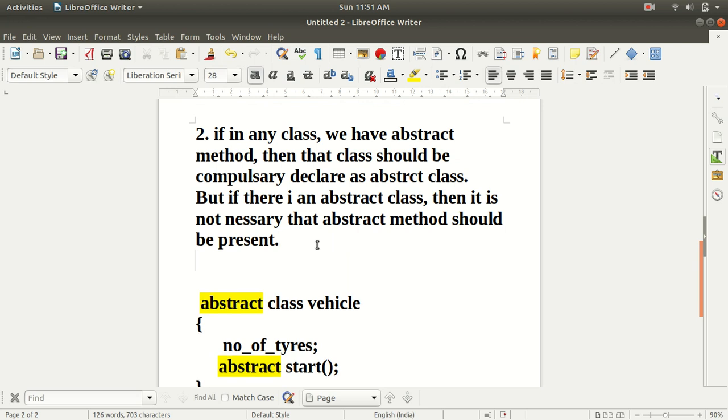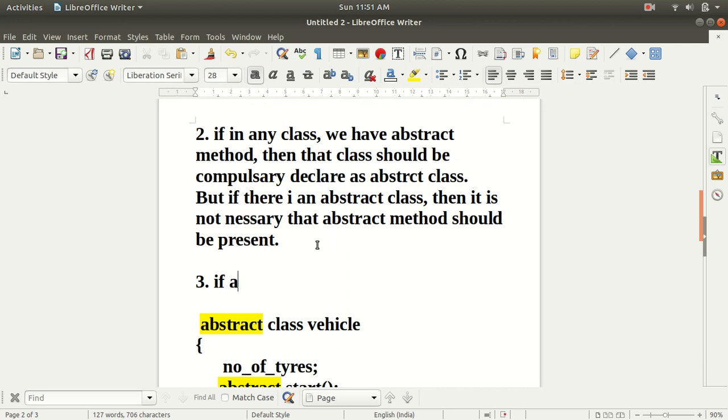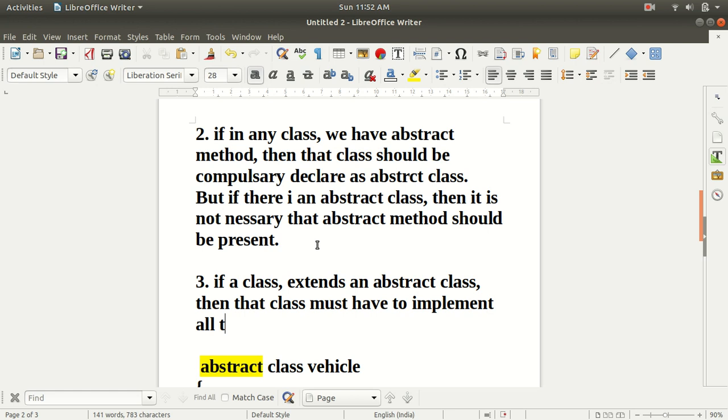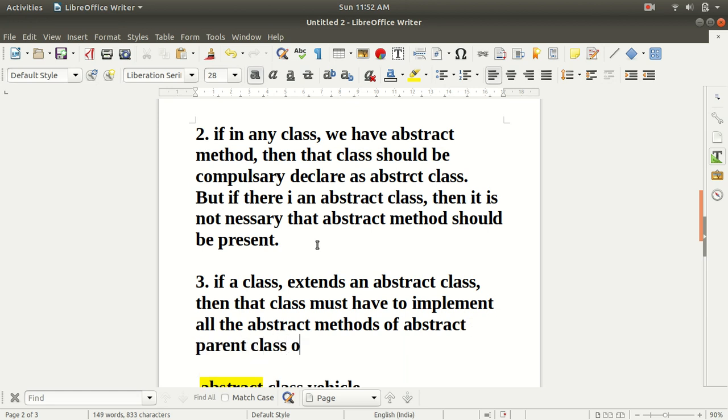So let me write the third point for you guys.